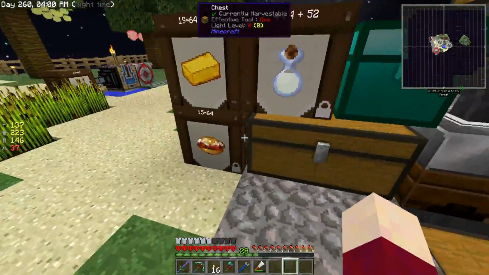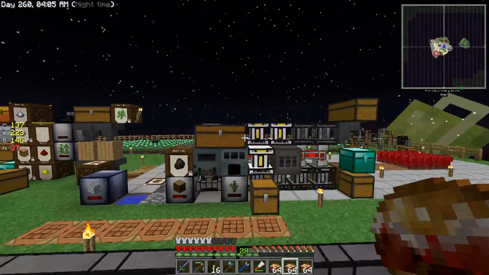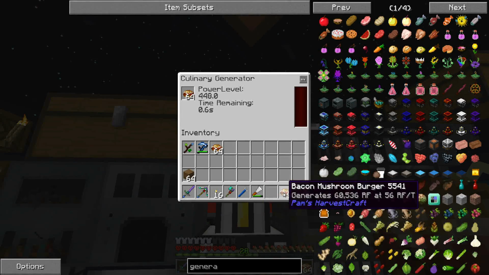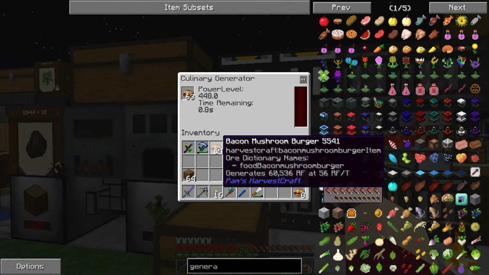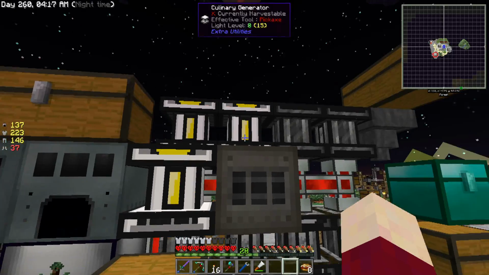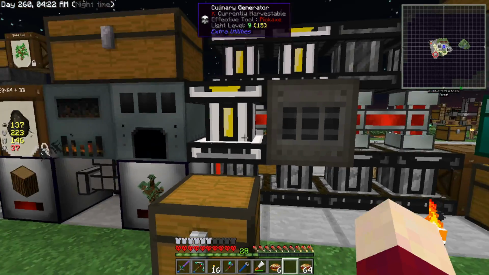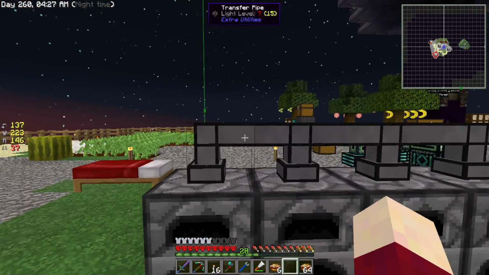So we're going to go ahead and grab a few stacks of those, and we're going to get those placed into all of these generators. So we should have, yep, just a little bit more in each one of those. There we go. So now all of those are filled with bacon mushroom burgers,